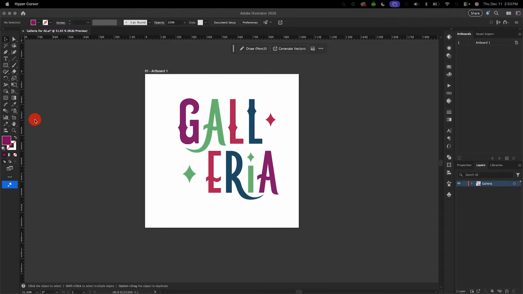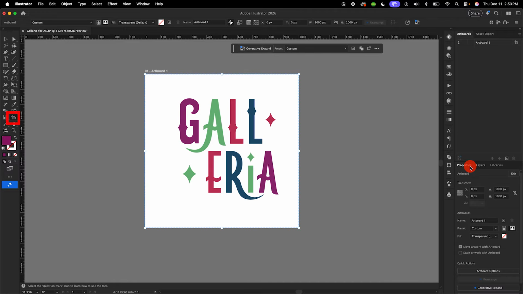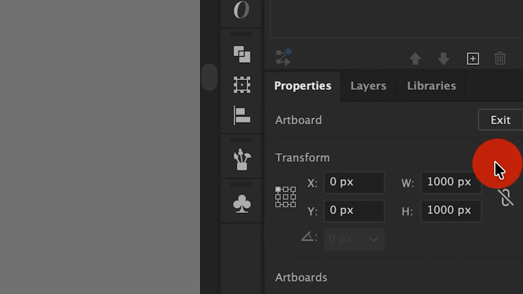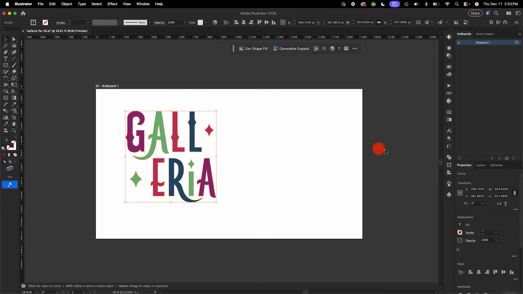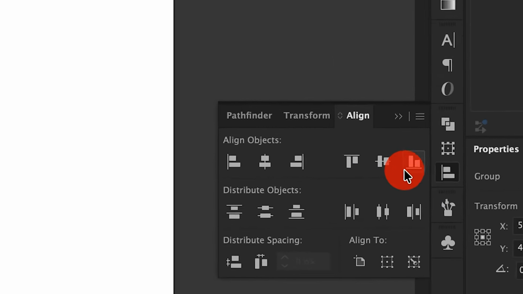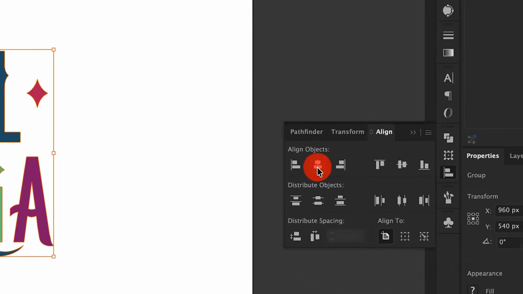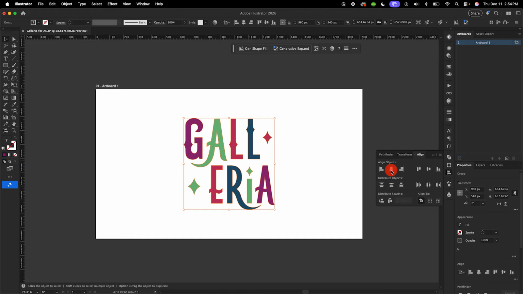All right, so I have my logo open in Illustrator, and for the first step, I like to make sure that my artboard matches the size of my After Effects composition. Most of the time, I'm working with 1920 by 1080 files, so go ahead and grab your artboard tool, and under Properties, you can change the width and the height to whatever you need. I'm also going to select my logo and open my Align panel to align it right to the center of my artboard. Keeping the size and composition consistent between your After Effects and Illustrator files means that everything will import